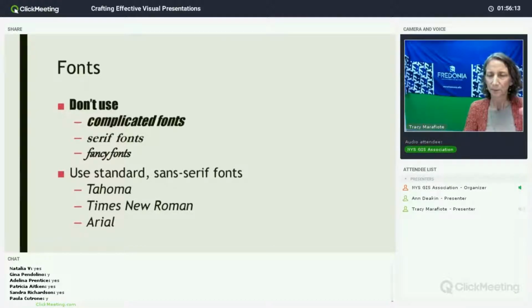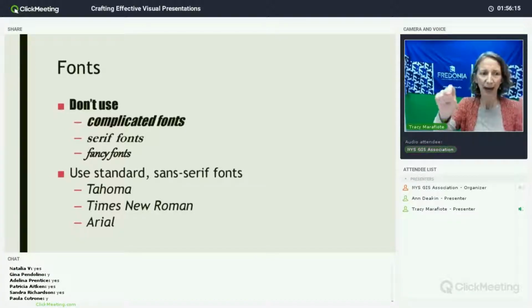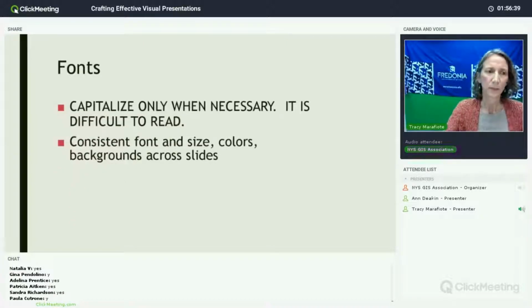They have the little doodads at the points or things that are enlarged. You want to stick to your standard non-serif fonts, and these are straight lines. They don't have a lot of extra things added to the letters to make them look fancier, and they're a lot cleaner, and actually easier to read on presentations.